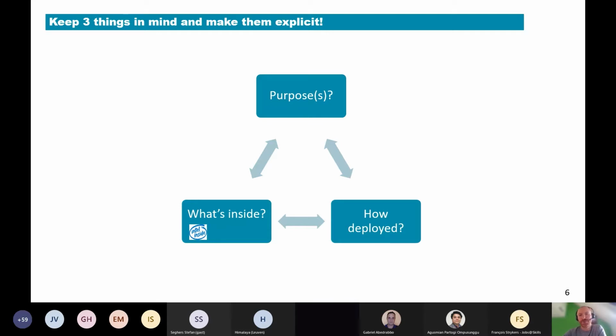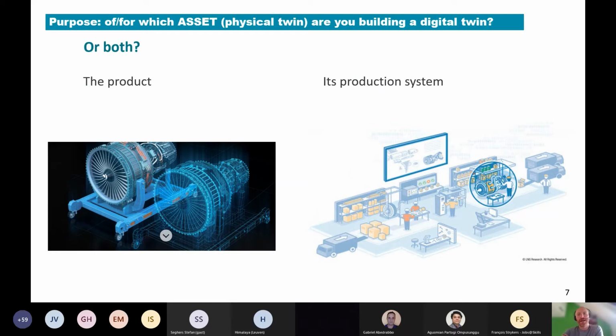Typically, in your digital twin, there will be a combination of data and models. And finally, of course, those data and those models need to be deployed on IT or IoT hardware, and explaining how you deploy your digital twin can also tremendously help in explaining to people what you actually try to achieve with your digital twin. Now, coming back in more detail on each of those aspects, to give you some examples and things to think about